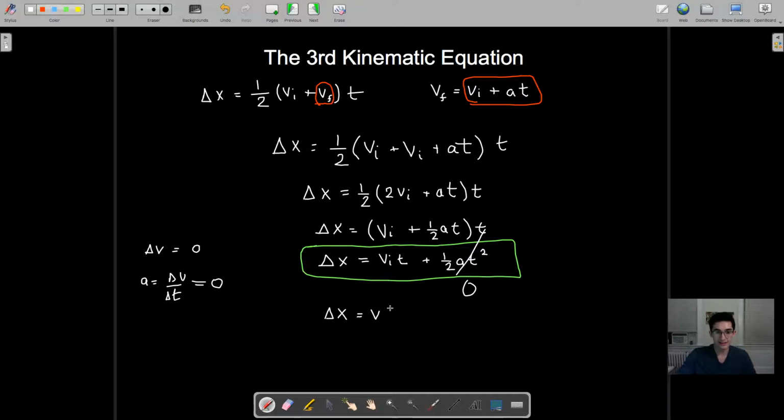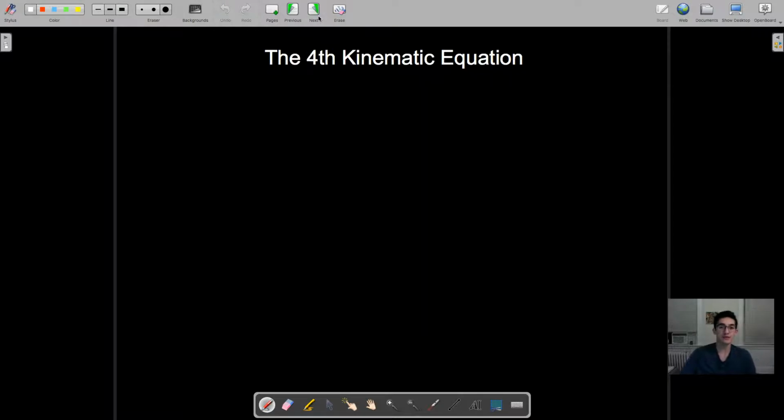But wait, we don't even have to call it v initial because there's no initial velocity or final velocity. It's all one velocity. We can just call it our velocity because it's at a constant velocity. And look, it is our friend, the constant velocity equation. It's kind of hidden in this third kinematic equation, okay? All right, so on to the last one, the final fourth kinematic equation,